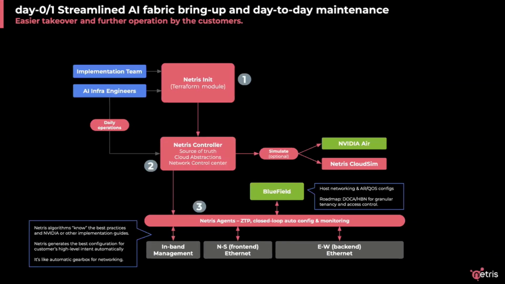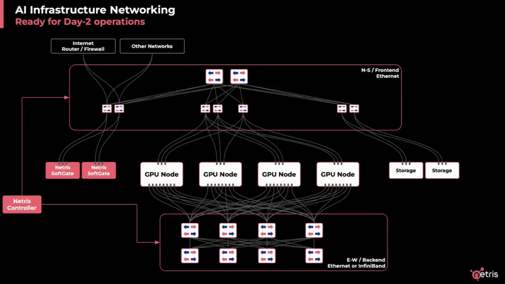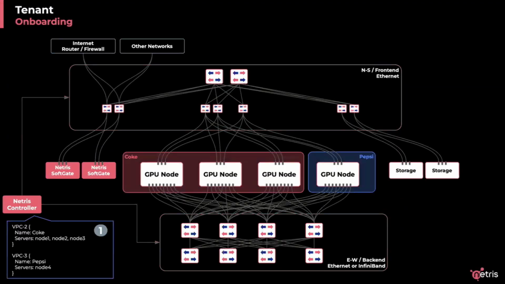Once it's done, evaluated, hardware is there, switches are wired, and we detect switches, we identify them by MAC addresses, and we install operating system, our agent, run configuration, they are up, and your network is kind of in a ready state. You can start onboarding your tenants. Now let's say you get 2 customers, 2 tenants, let's say Coke and Pepsi.